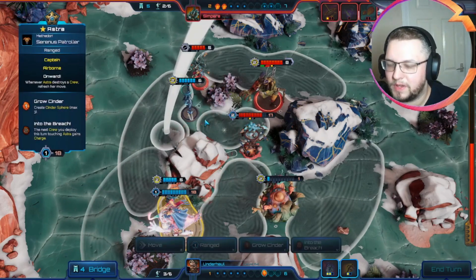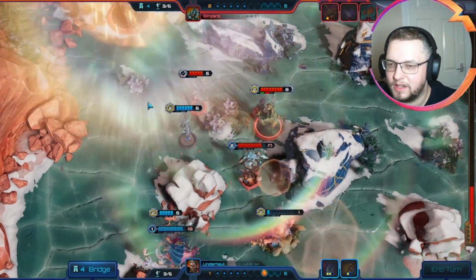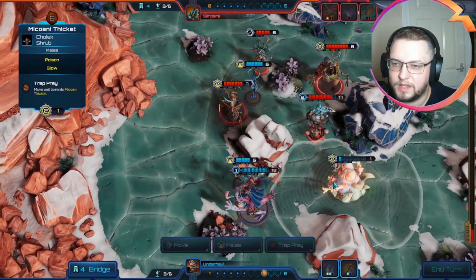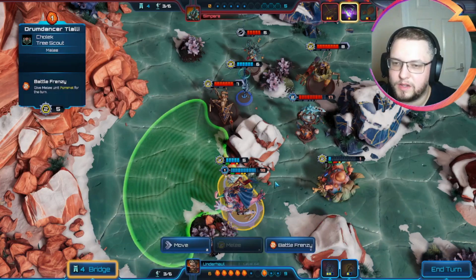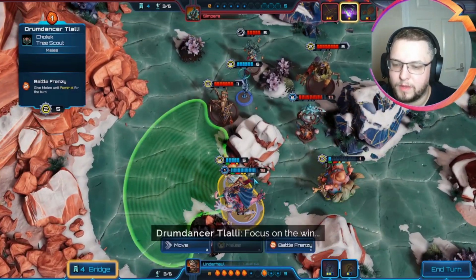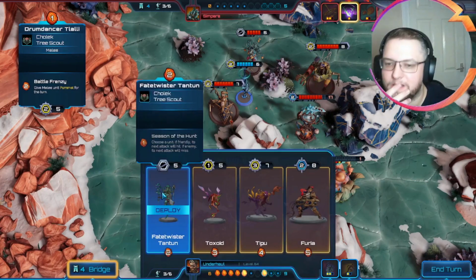So, we don't have Stim Burst yet is the thing, because Stim Burst can really change this turn. With you till the end. There goes Beatrice. Look, leader lead. So, where do we go from here? We can't get anything we want to into range of things. We can Tipu into the breach something, we can...